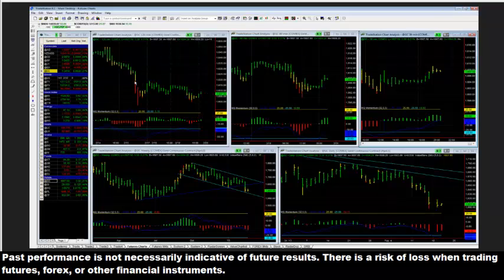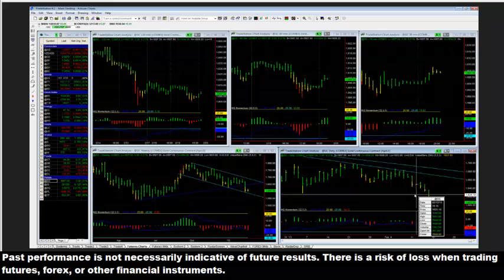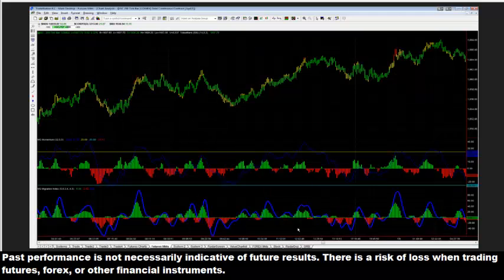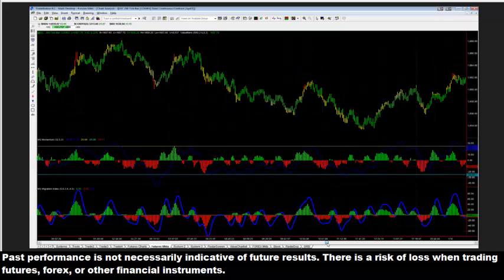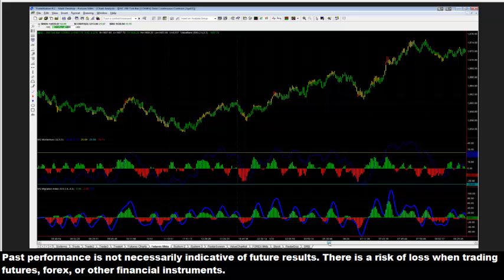It looks like, okay, right here. So it might have been the 11th where we finally broke down. Okay, so let me go to the 11th here. That's the 8th. It's harder to find these points on a tick bar chart because it's pictured very differently. Okay, here we go. I think this is it.